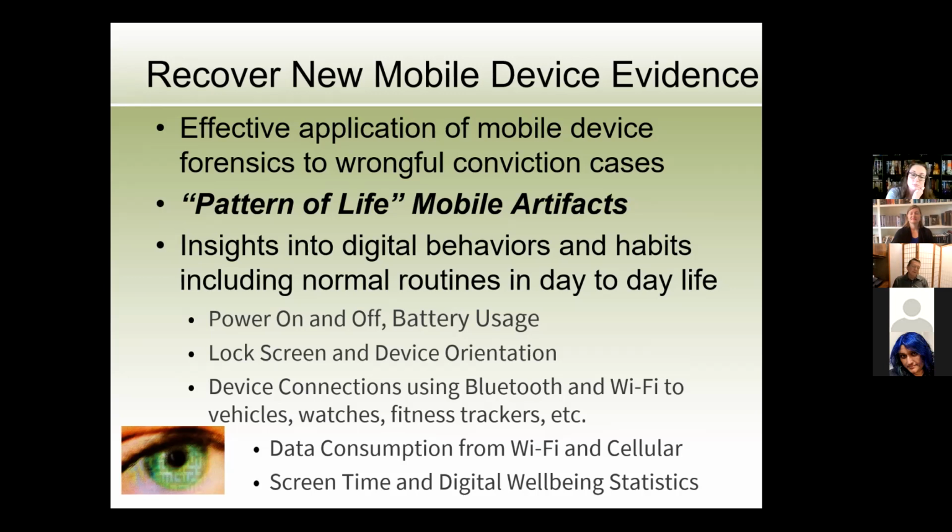And then the new capabilities, the last year or so, screen time on an iPhone. There's a wealth of measurements, metrics, and statistics that one can find from the last 30 days using screen time on an iPhone. The comparable capability on an Android is called digital well-being. And those statistics can be really powerful in court, especially if you can harvest them quickly enough so that you can get the full 30 days, or sometimes you can only get a week or two, but if you can get it, it's good to get it.